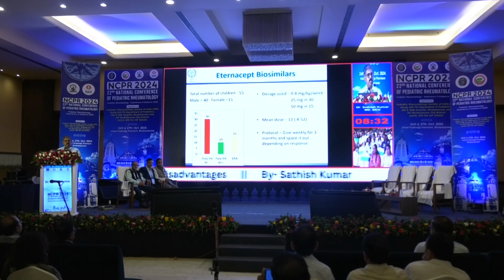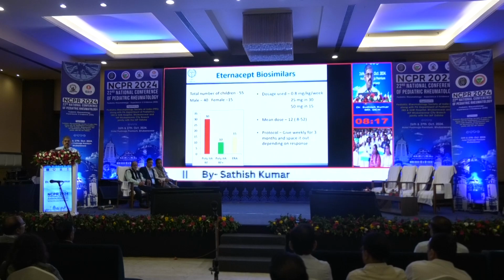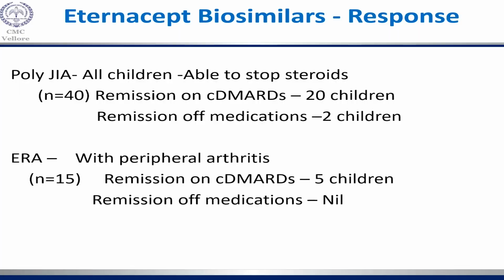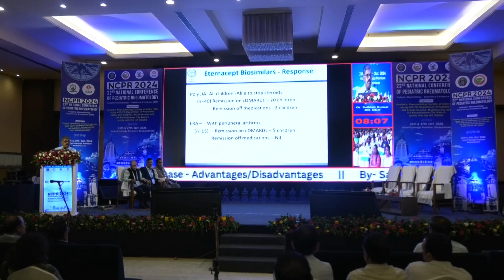And the protocol, we have to modify. It's written that every week we have to give Enbrel. That's what the etanercept has to be, a weekly injection. What we try to do is we give weekly for 3 months and reassess them. If they are very well, I will try to space out and stop, because the financial burden is huge. So we cannot keep on giving the biologicals for a long time. And we see very good response in children who failed conventional DMARDs.